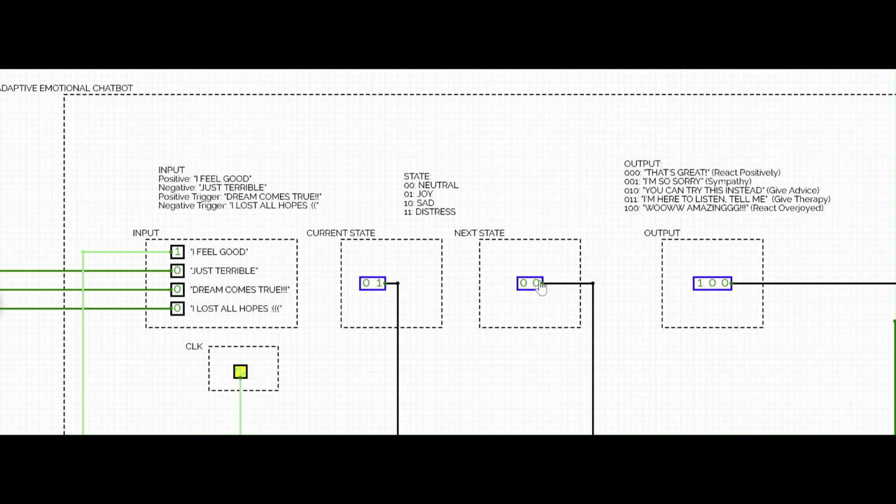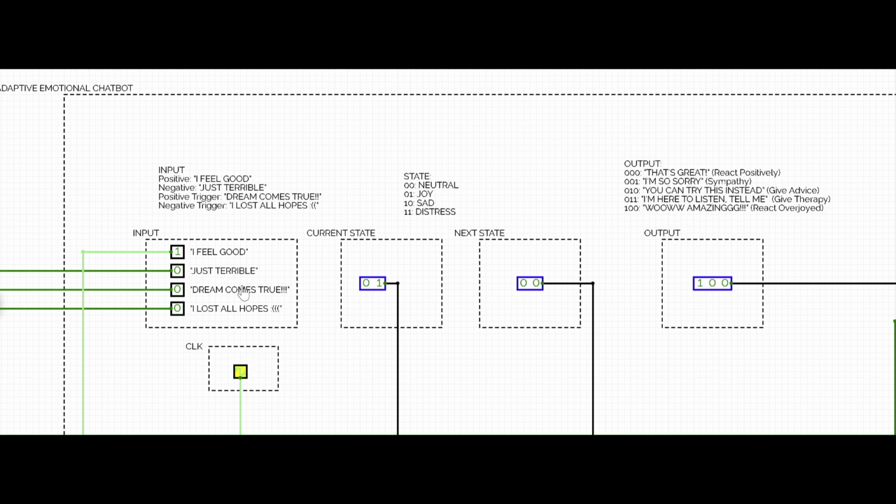And because the scale of the human mood now is 2, the machine will release the overjoy output. So now you can see here, it is not releasing the positive output, but the overjoy output, because the scale of the human mood now is 2. That is because it uses the current state, which is 1, plus 1 from the input. However, we still have not updated the current state right here. We still did not click the clock 2 times.